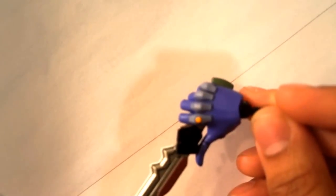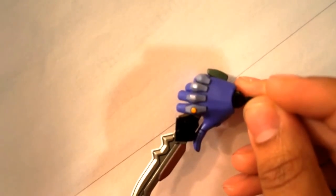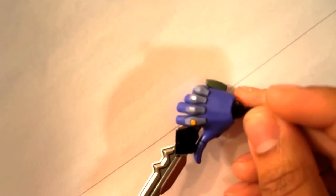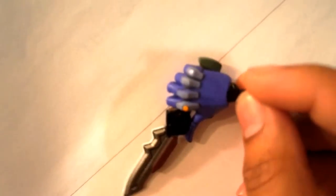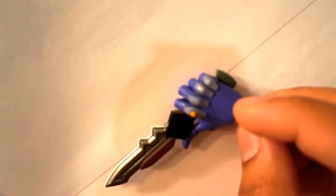Remember I had that issue way back, if y'all ever seen my Gantz review, where I broke the thumb because they sealed the hand for you to slide the sword in, and the handle was way too wide, and it tore it up, so they had to send me another one. So to give you an idea on that,